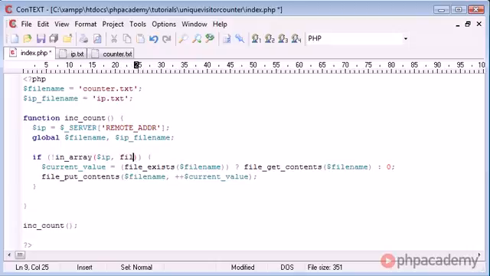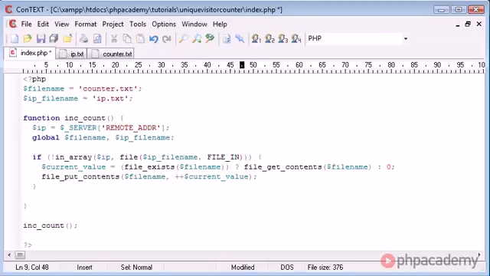So now what I'm going to do is use the file function to define this array. You can define it elsewhere in your program, but I'm going to be using it in a single line. So we're going to say file, and then in brackets we need to specify two parameters. The first one is going to be the file name itself, which is IP_FILE_NAME. We're looking for the IP inside IP_FILE_NAME, but we're checking if it is in the array loaded using this file function. We're then going to write a comma, and we're going to create a